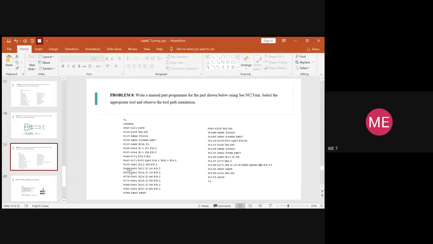Here I've written it as 55. It has to be 50. Okay, so here it will be P50 and Q80. And you assign a very small feed rate. Since you need a smooth finishing, you will provide F is equal to 0.02. So the entire process now again gets started and it provides a smooth finish to it.